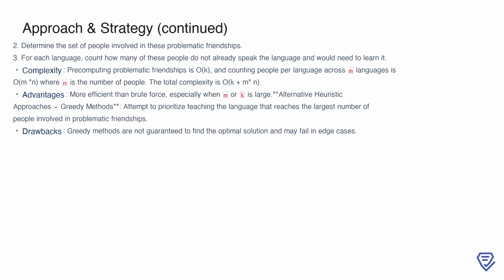Next, we determine the set of people involved in these problematic friendships, since they are the only ones who may need to learn a new language. For each language, we count how many of these individuals do not already speak the language and would need to